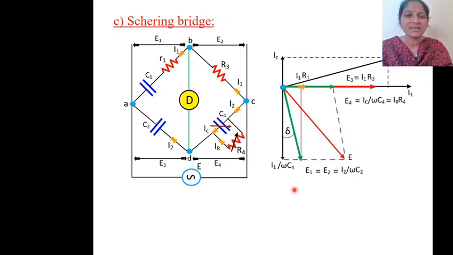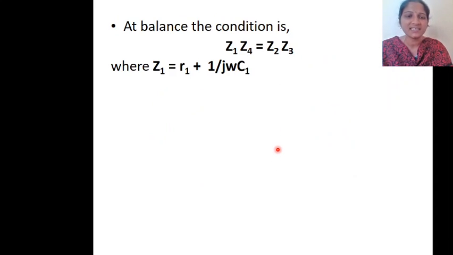1 by j omega C1. Sorry, here instead of C4 it is C1. So the capacitor C1 is making an angle with the voltage, that is nothing but delta. So tan delta is nothing but opposite side divided by adjacent side. Here the opposite side is I1 R1 divided by I1 by omega C1. Then you will be getting tan delta is equal to